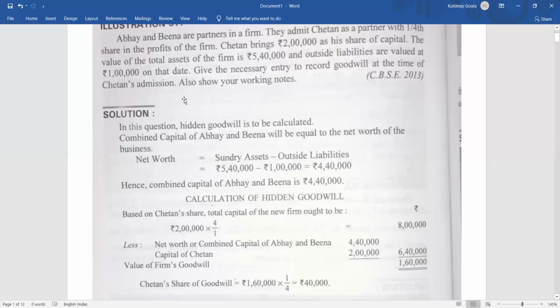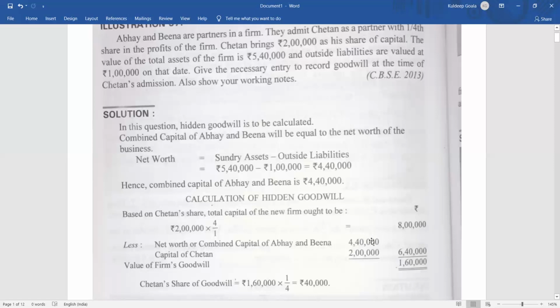Today, according to Abhay and Bina, the value of the business is 8 lakh. That is why they are telling him to bring 1/4. 1/4 means obviously he's going to bring 1/4 of 8 lakh. So that means he's bringing how much? 2 lakh. But here nowhere is the 8 lakh told. You have to find it out. That is a hidden concept. Okay. So for 1/4 share, he is going to give 2 lakh. Right. So reciprocating it, we are getting 8 lakh. Clear? So this 8 lakh is the total value of the business.